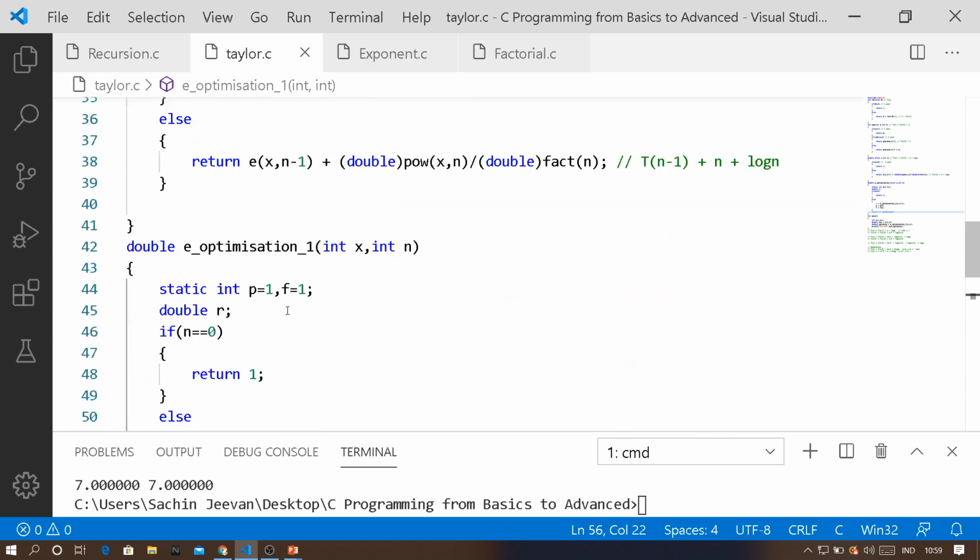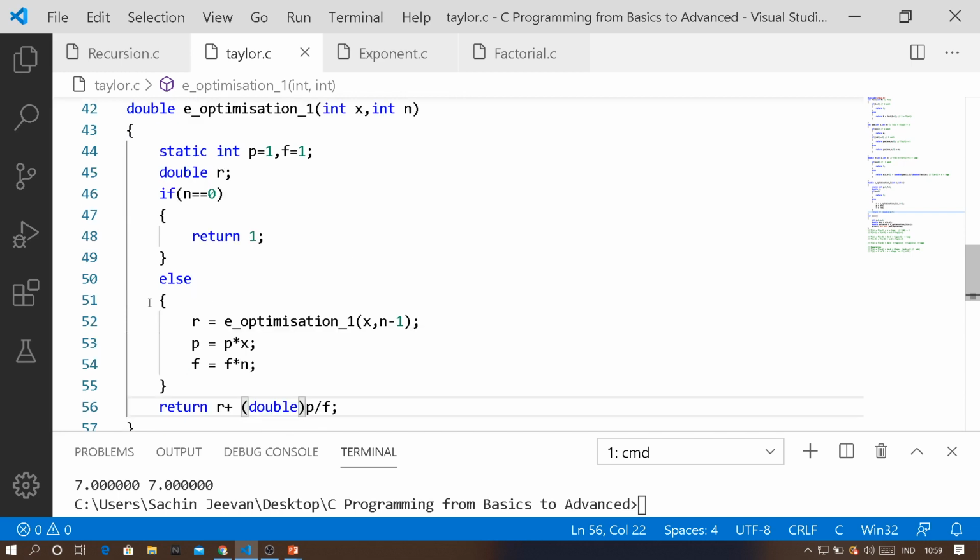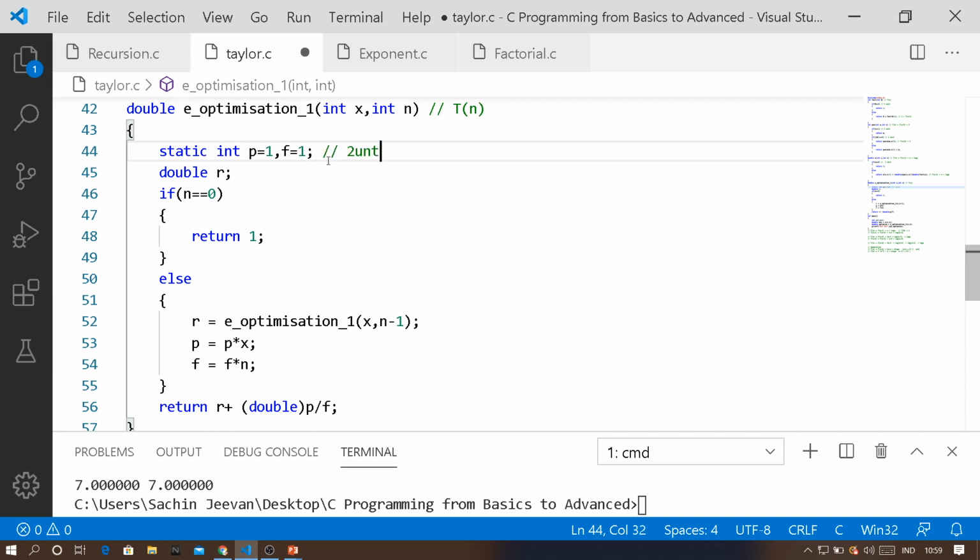Now what we have to do is find the time complexity of the new method that we have found. We know that the x value is not changing, so this function can generally be taken as t of n. Declaring two variables like this takes 2 units of time, and one more variable here takes 1 unit of time. Checking this if condition takes 1 unit of time. Either the body of the if or the body of the else will run, so we will calculate the time complexity of the else because it is larger than the if body.